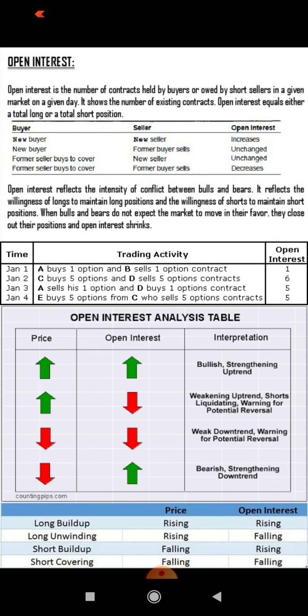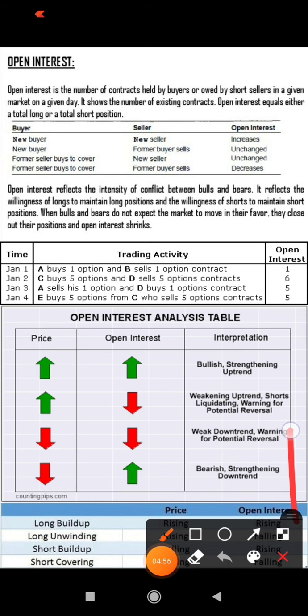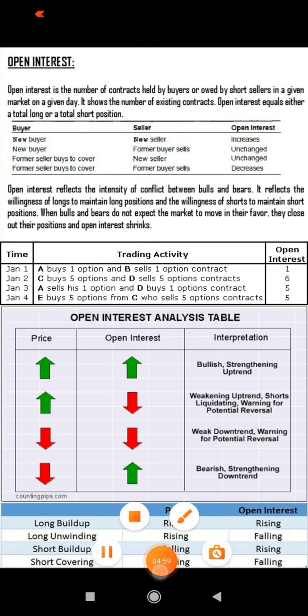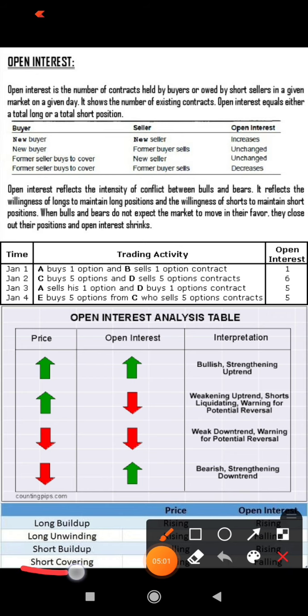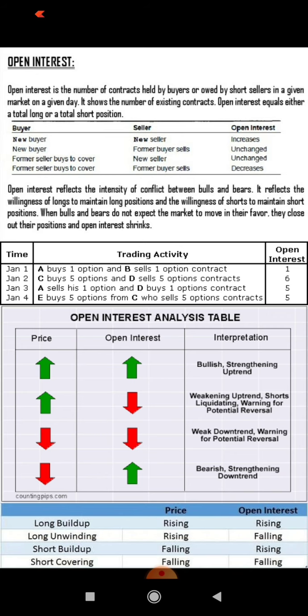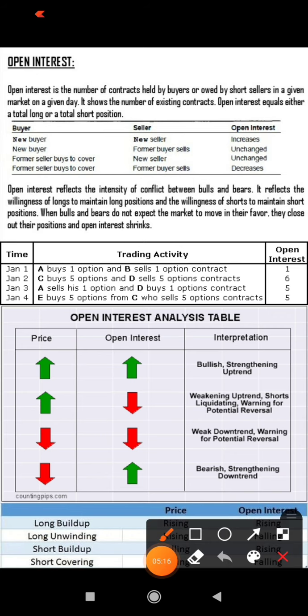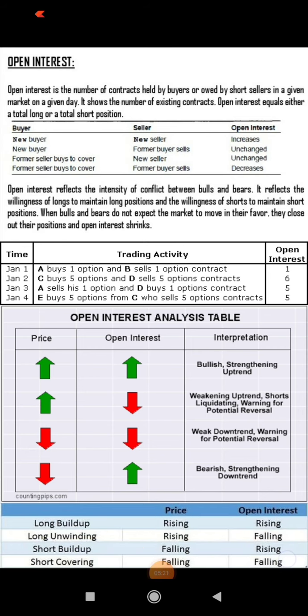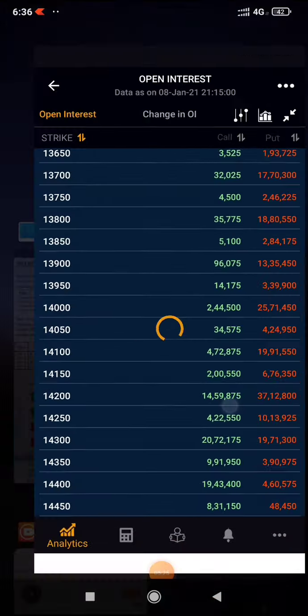So just remember that short covering and long unwinding are the two cases that we discussed just now. In case of short covering, the existing shorts are covered, meaning there is a potential reversal and the stock will start to go up. And long unwinding suggests there is potential downside coming and the uptrend is going weaker. Okay, that's how you should read it.